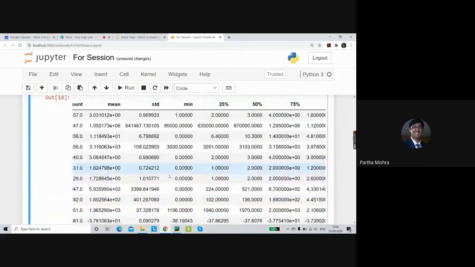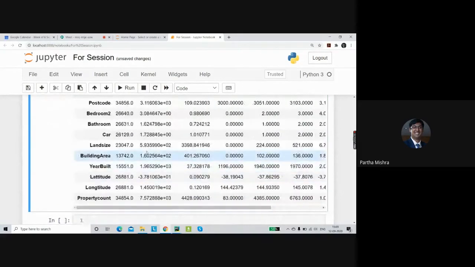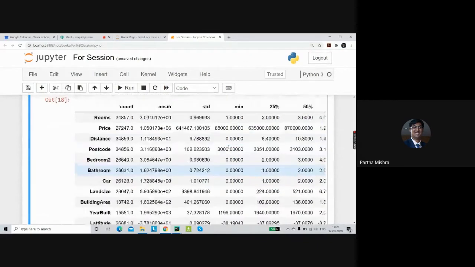there are some of the columns which are actually showing us a bit of confusing information. By confusing, I mean you could see the land size has a minimum value of 0.